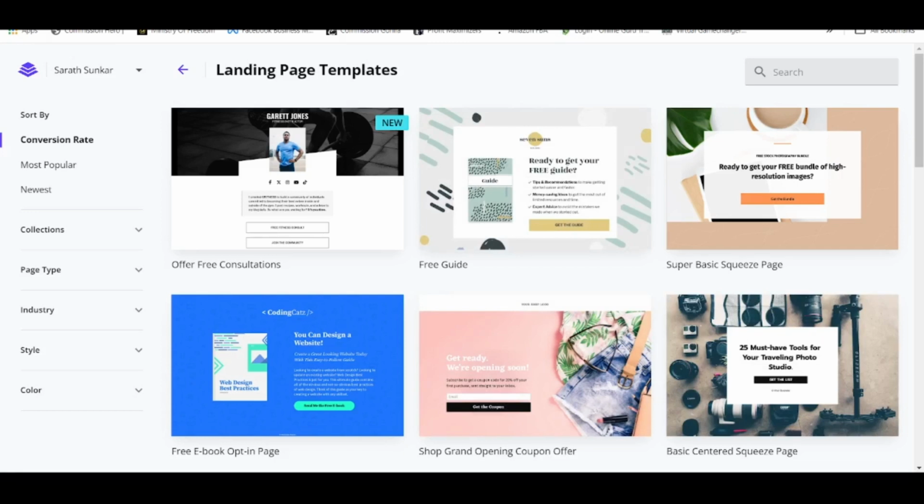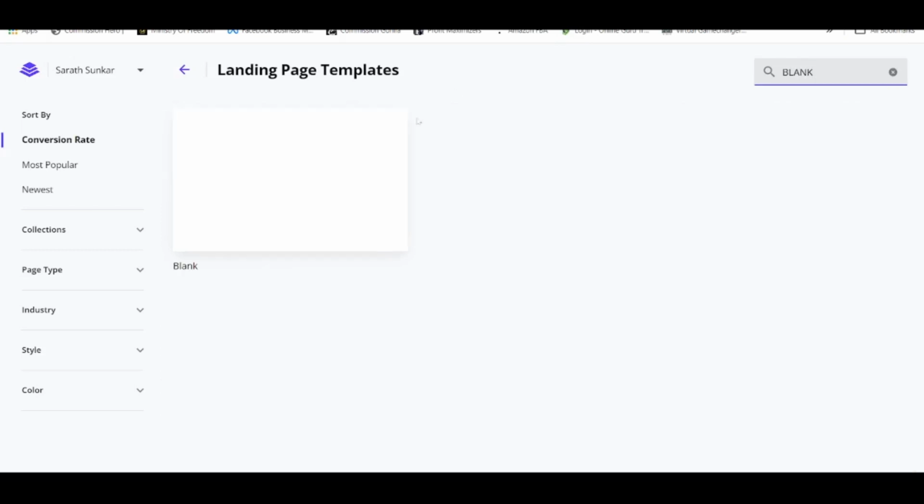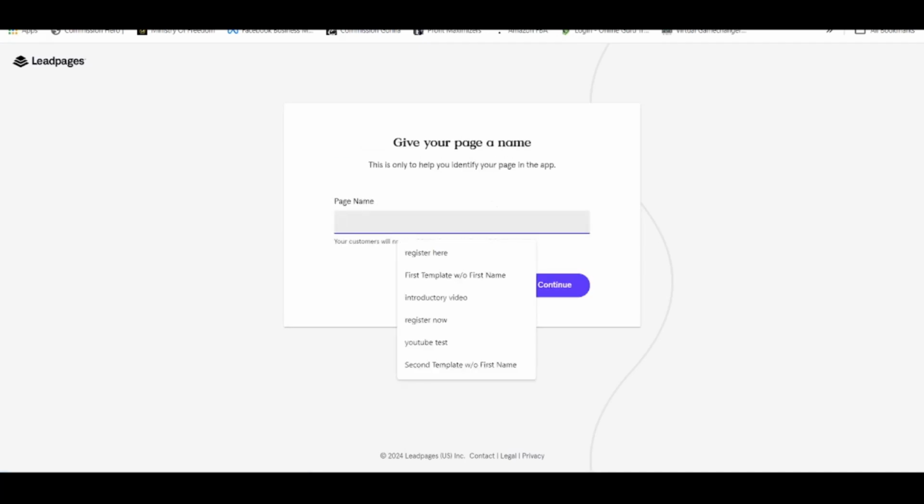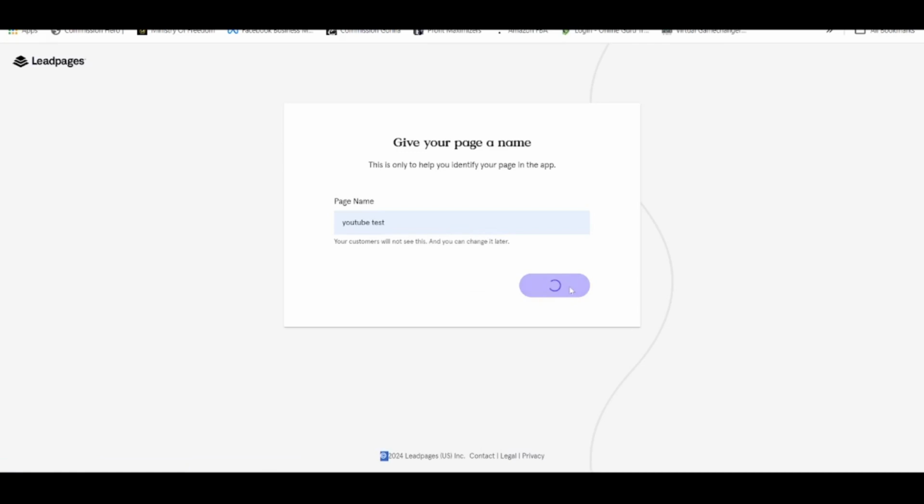So on the top right under search bar, type in the word blank. From here, click on start building. The page name, I will put it as YouTube test. Alright, continue. Now Leadpages is going to bring us into the main interface whereby we're going to design the